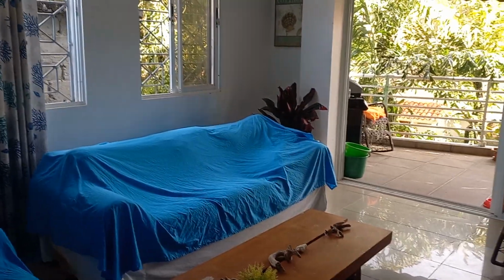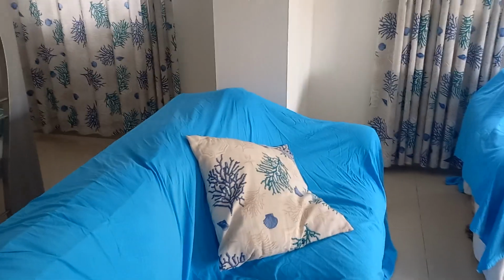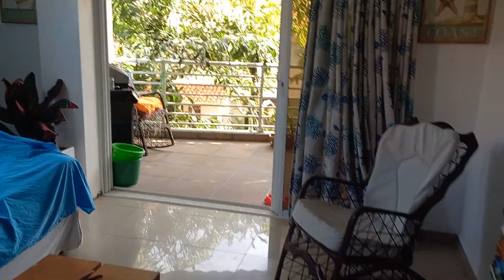And so at times she has gotten up on the couches. She doesn't often, but I like to keep the sheets on top. We're going to go outside in a second, but first we're just going to back up